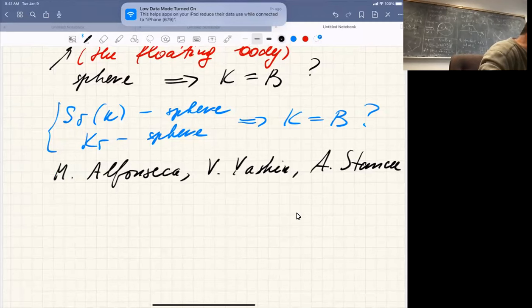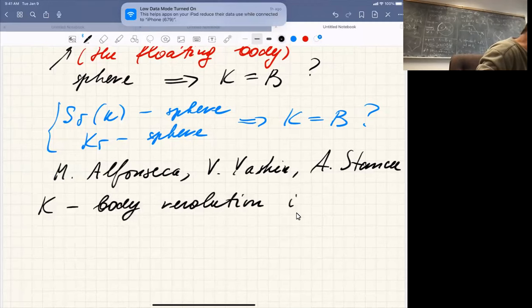If K is a body of revolution in R4, only the 4-dimensional case,